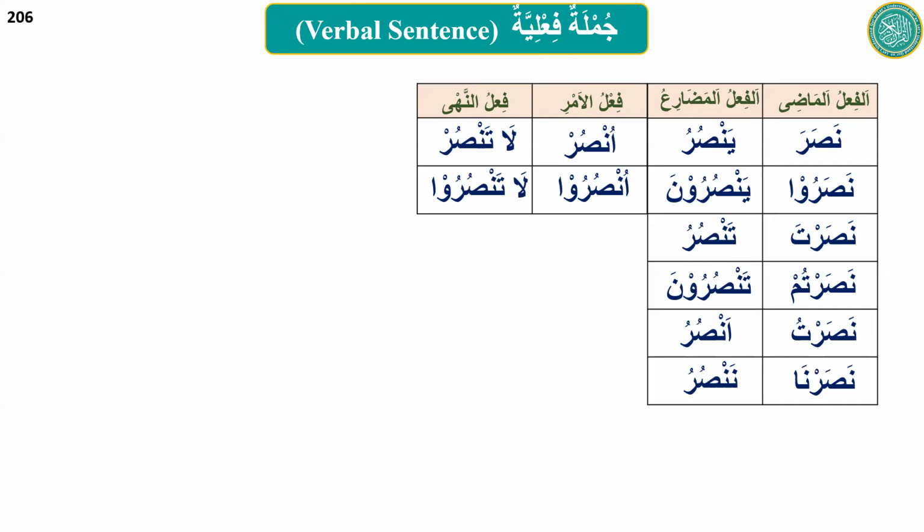Ismul fa'il, ismul maf'ul, and masdar. I have not included them because they are ism. I have only included fi'l: al-fi'lul madi, al-fi'lul mudari', fi'lul amr, and fi'lul nahi. So there are a bunch of words in it. I have put a blue box around them. So everything in this box, all these words, what are they? They are fi'l. We know that. They're all fi'l. But